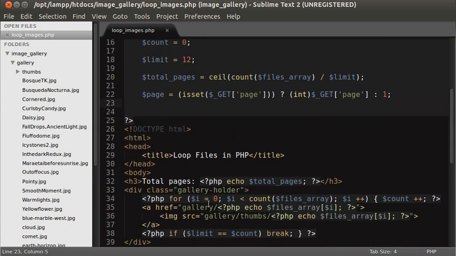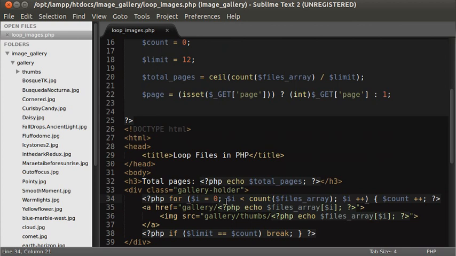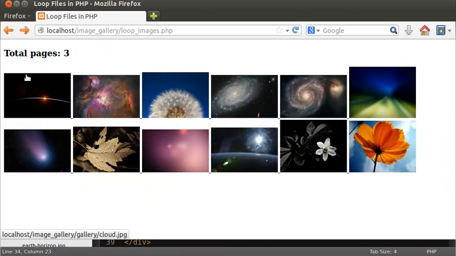Right now, for example, it is looping from file 0 of the files array, from file 0 and on. Now I want this loop to continue from file 12 and on. Now if I go here and reload, you will see that we are viewing the next 12 images here,